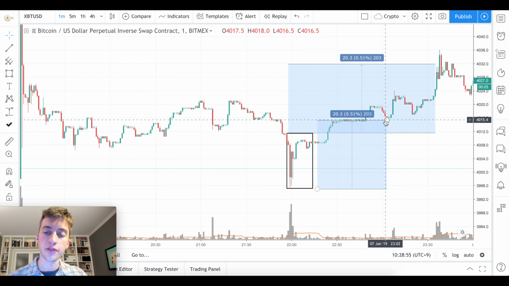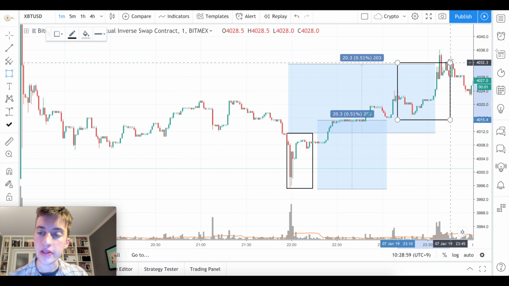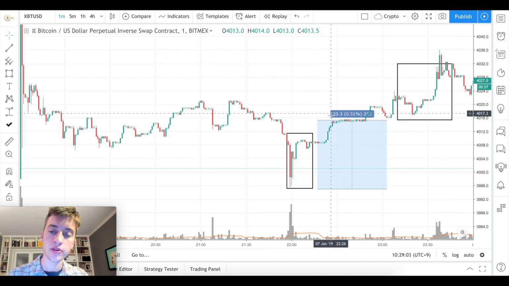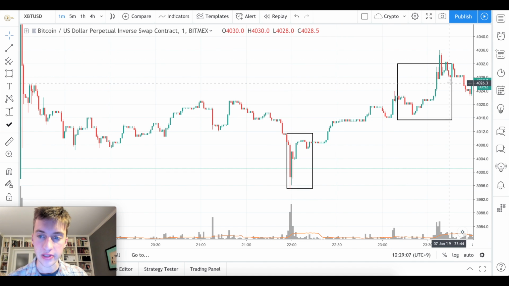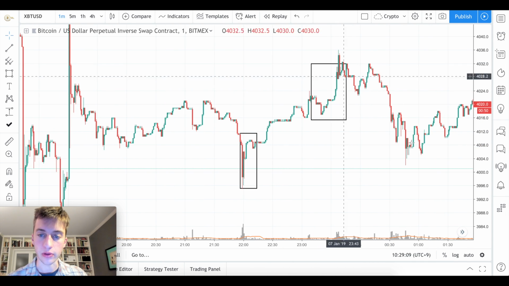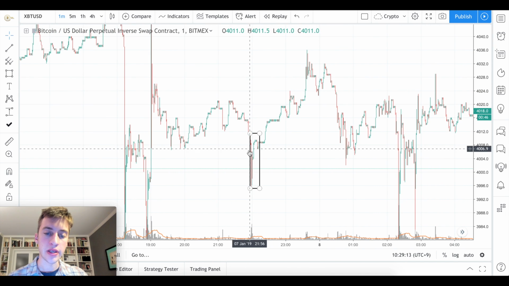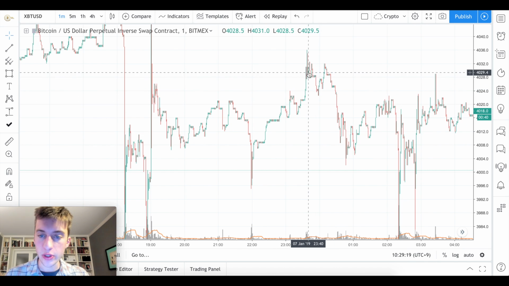So this range from here to here is where we expect a lot of these shorts, traders who had shorted at this bottom down here, would get liquidated around this level, and price does go lower after they get liquidated. What you can also do is check if your guesstimation of where these traders are going to get liquidated is correct. So I can go to the beginning of January 8th on